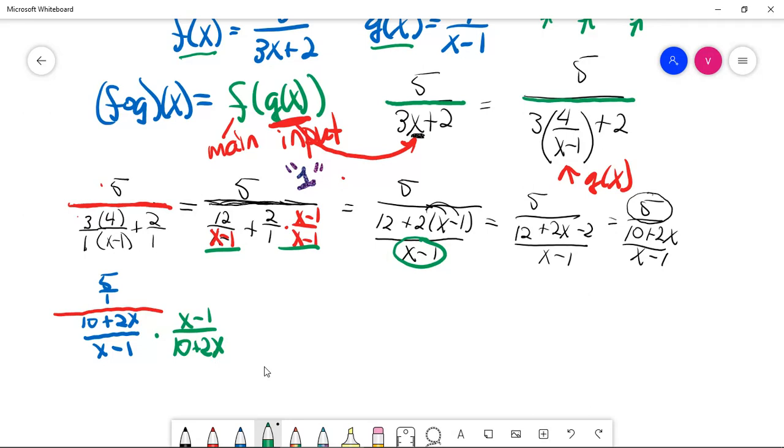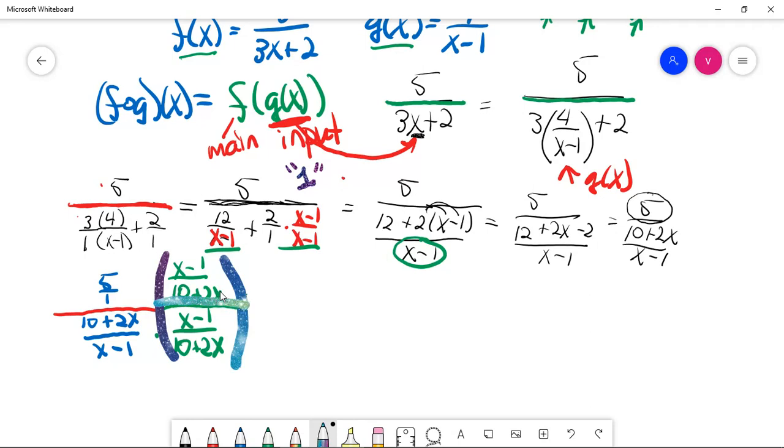And now that looks pretty wonky for a fraction. Because like now what, Miss B, that looks really bad, doesn't it? But here's what I'm going to do. I'm going to do the same exact thing in the numerator. So it is x minus 1 over 10 plus 2x. Because here again, here's the magic. Look at this whole thing. Look at that whole thing right there. See all the magic stars? X minus 1 over 10 plus 2x divided by